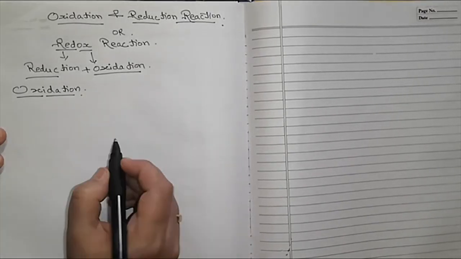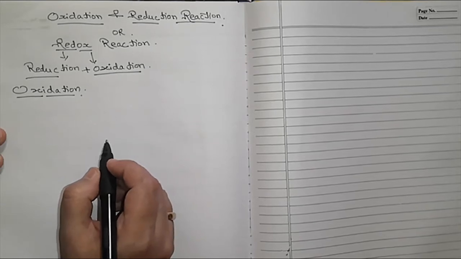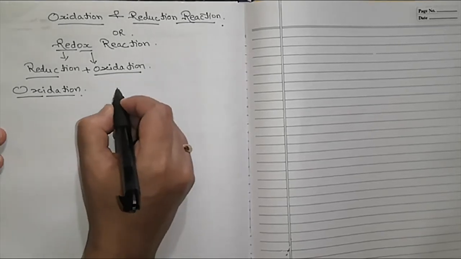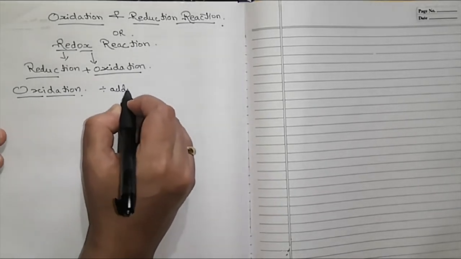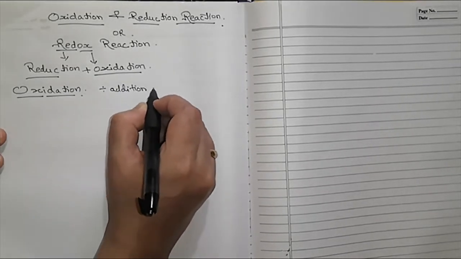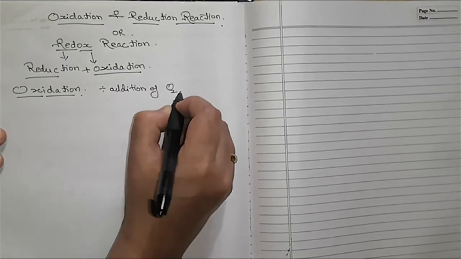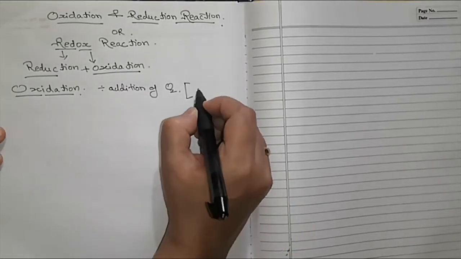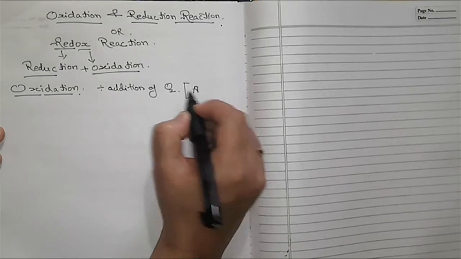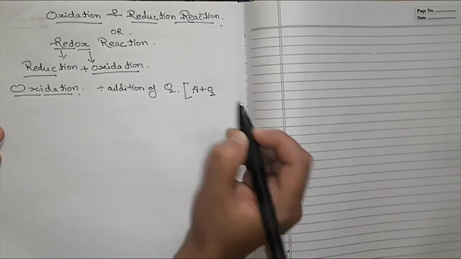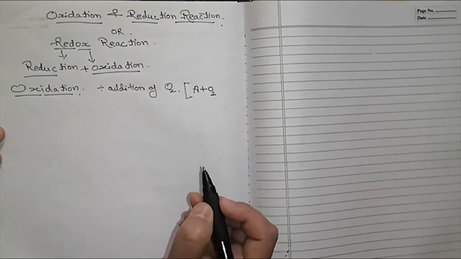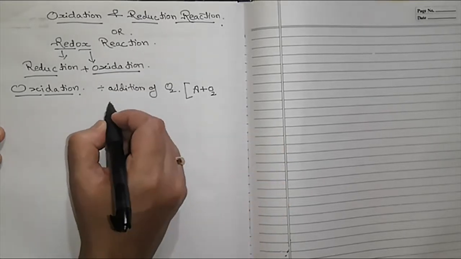Oxidation means addition of oxygen in any element. So addition of oxygen is nothing but oxidation. Let me take one element, let's take element A. I'm adding oxygen to it, O2, right? So addition of oxygen is oxidation, or else we can say that